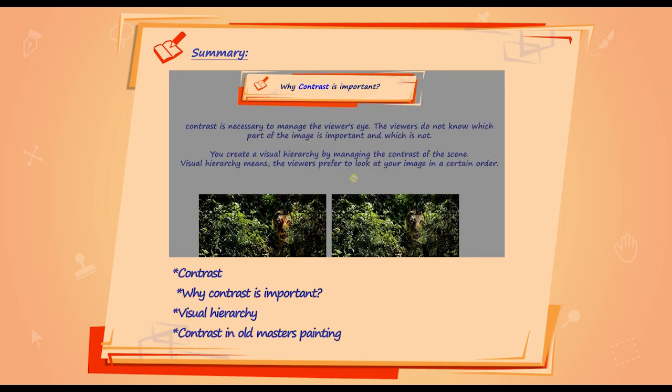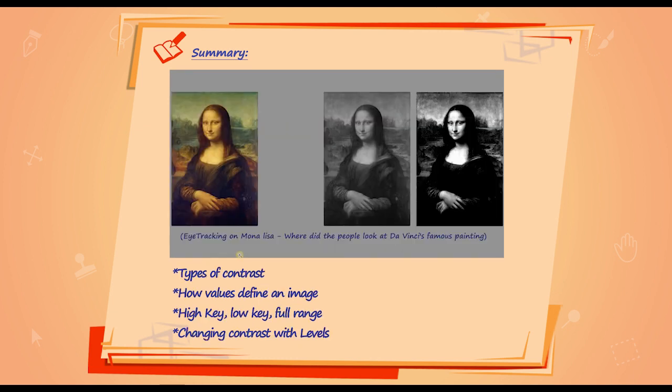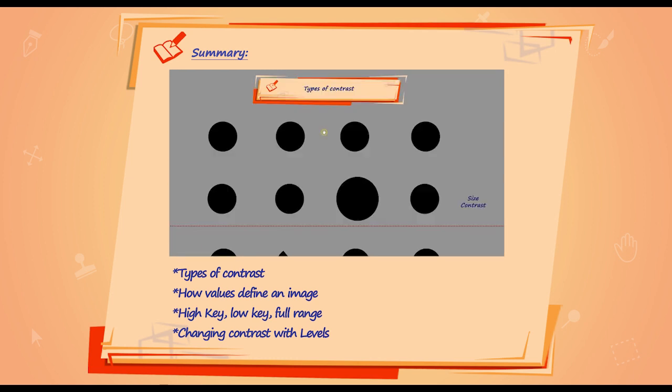In this section, I want to explain about contrast, why contrast is important. I will talk about visual hierarchy and how it is helpful to manage your viewer's eye, contrast in old masters painting, type of contrast,